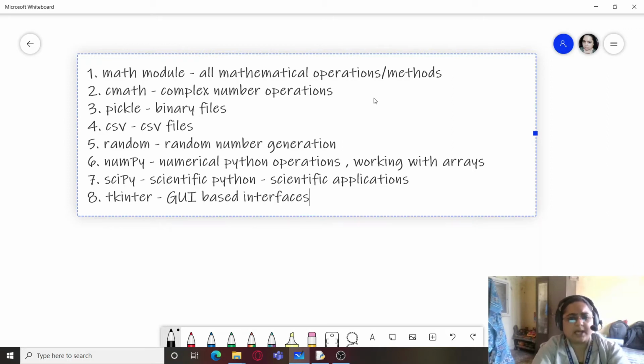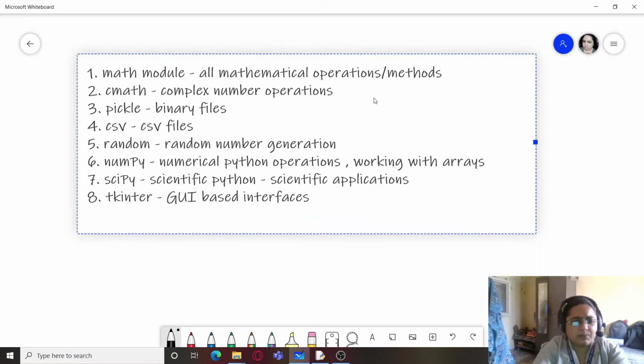So these are different types, and not only these, there are many more. The list is endless. Many such modules are provided by Python, which enable us to perform a wide range of operations.